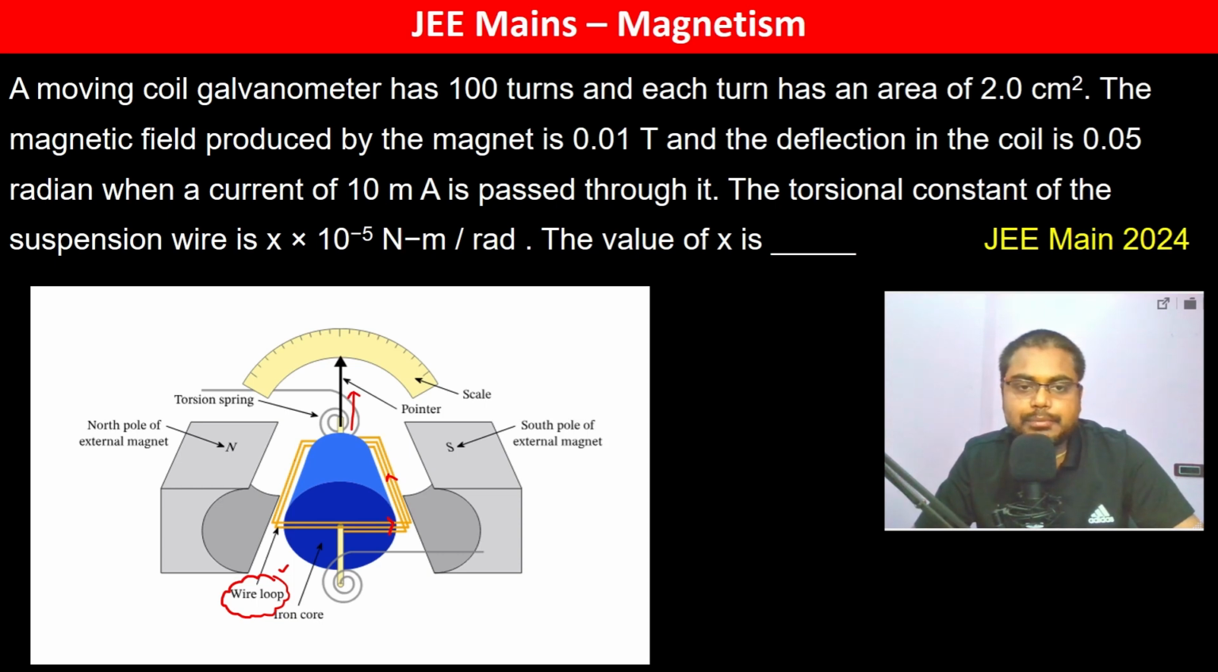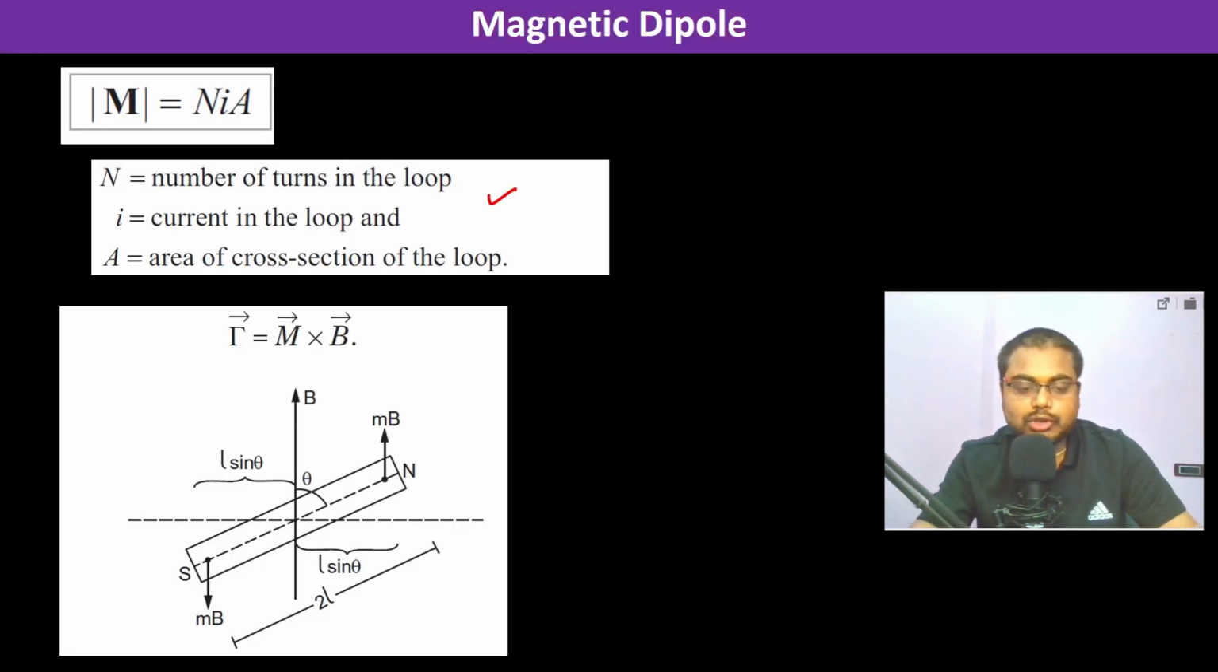Now the magnetic field produced by the magnet is 0.01 Tesla. Which magnet? These are two magnets, and therefore the magnetic field is in this direction. And the deflection in the coil is 0.05 radian. Now if you see, then the torque on the